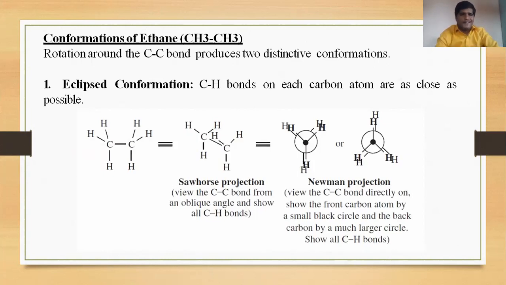So you will represent into the tetrahedral bond angle. You just see here hydrogen. Initially, the first carbon we are considering here. We will arrange hydrogen at this location, hydrogen at this location, and hydrogen at this location. Then the backward carbon we will represent by this line, and again the hydrogens are present at the tetrahedral bond angle.